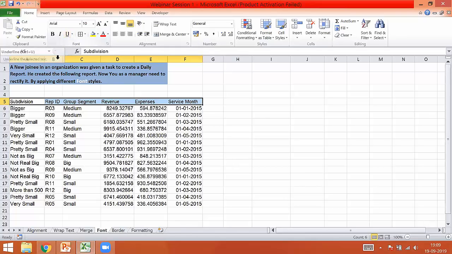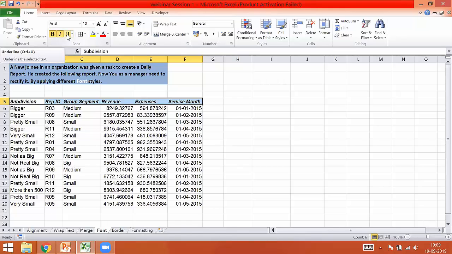So you might have done in multiple reports to make the headers bold. Why make it bold? Because it really stands out. So headers, we'll just try to make it bold. Okay. And if you want, you can even do it as italics. So italics is nothing but a different style of writing the text. You can also underline them.